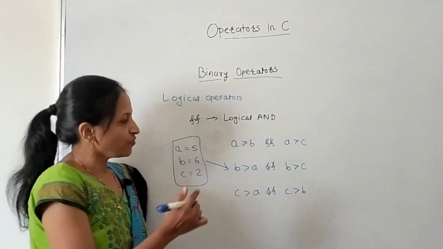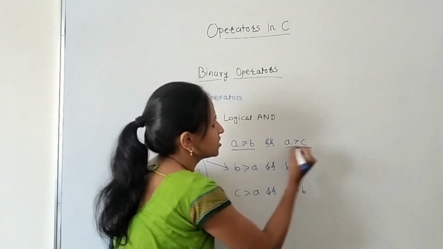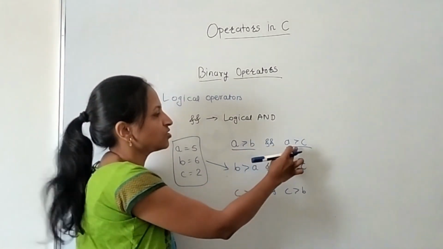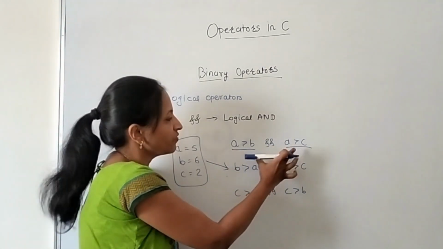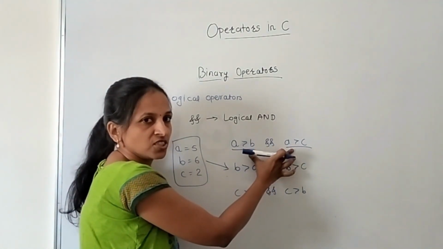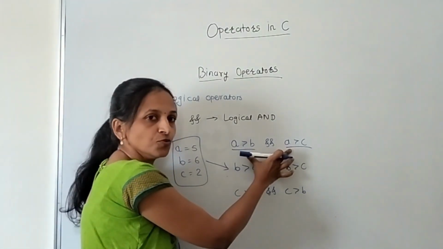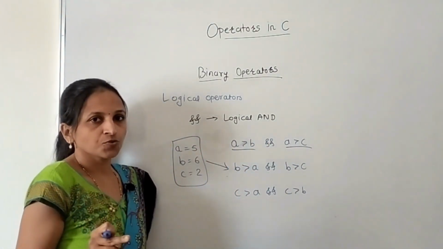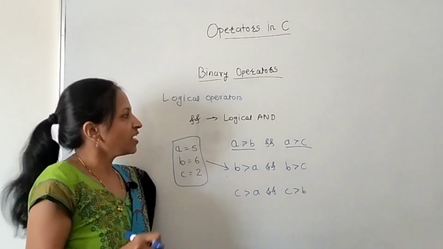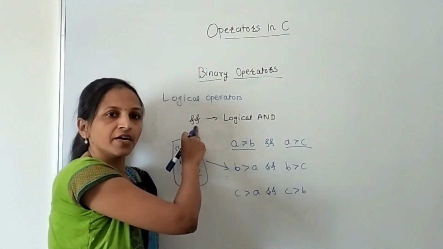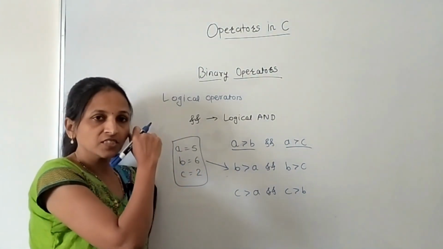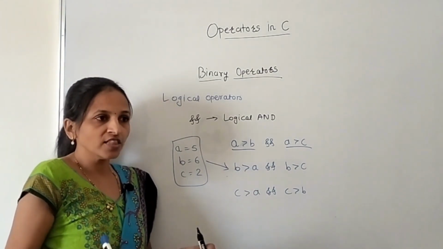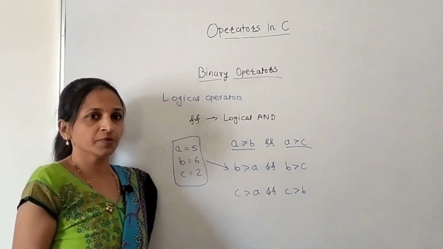And in that, we have to attach two conditions. This one is the first condition and this one is the second condition. We have to attach these two conditions. If both are true, then only the result is true. In that case, we can use this logical AND operator, if it is compulsory that all the operands must be true.